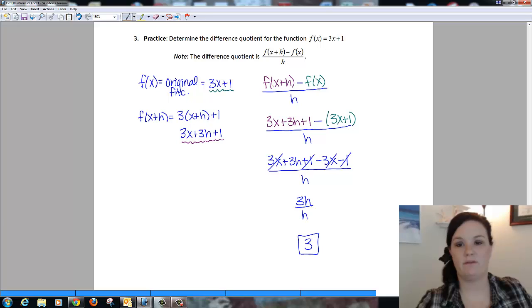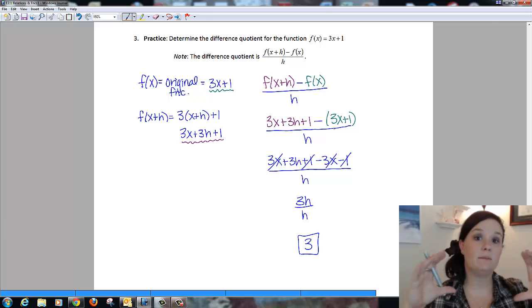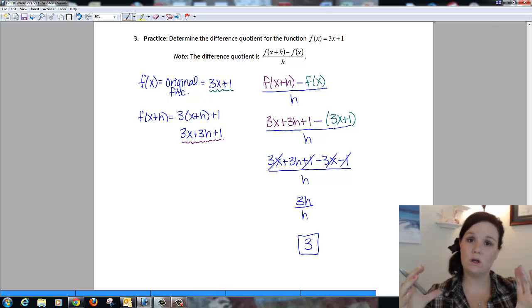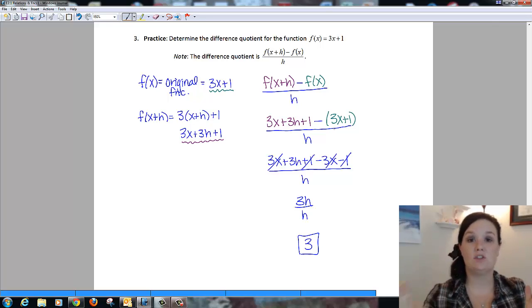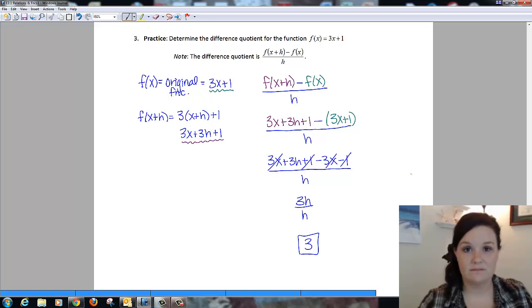So you can see here my f of x plus h, I plugged in my 3x plus 3h plus 1 that I got for my answer, minus my original function, which was 3x plus 1. Notice I kept it in parentheses. If you're subtracting more than one term, you have to use parentheses, so you remember to distribute that subtraction to each term. Notice everything cancels except for 3h in my numerator, so I end up with 3h over h, which is just 3. Okay, so that is the end of